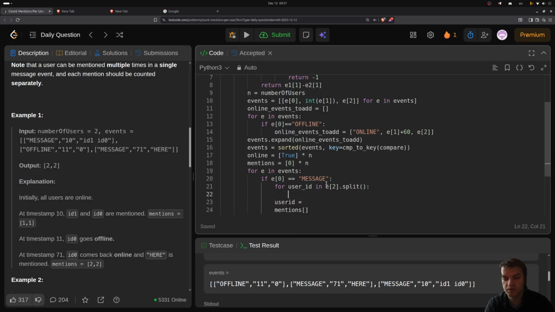I'll do that. User ID equals int user ID, and then here starting from index 2, because it has like a prefix with the ID letters. Then here I'm gonna parse the user ID, and then